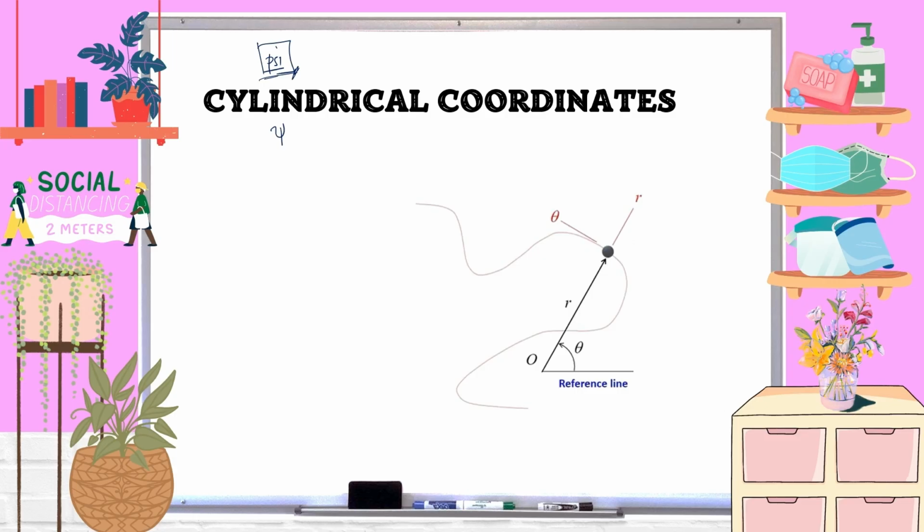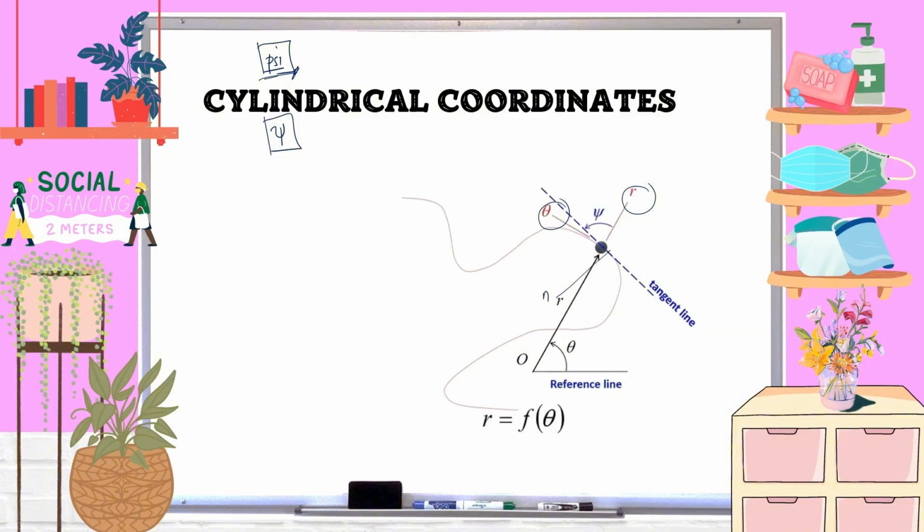And those axes are known as the tangential axis and the normal axis. The tangential axis and normal axis don't always fall along the radial and transverse coordinates, which means possibly this will be the direction for the normal axis. And that is where psi comes in. How do we calculate for psi?